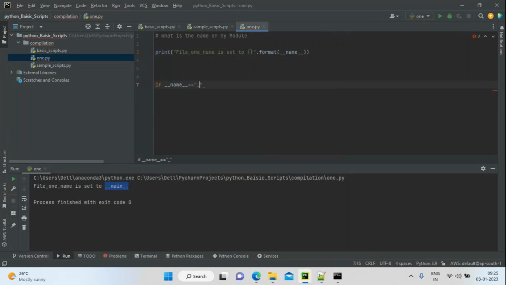If my variable __name__ is equal to __main__, then I'm going to run my program. For my interpreter, this is the execution point. Now, what's my name actually? It's __main__. If __main__ equals __main__, then my execution will run.